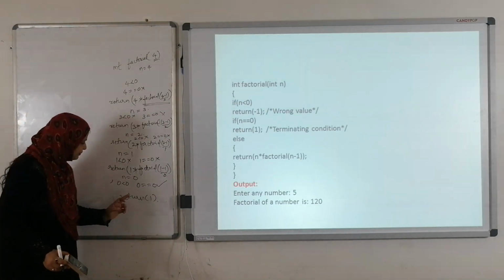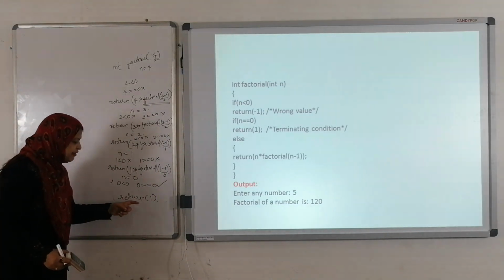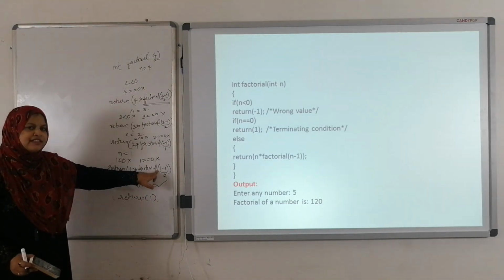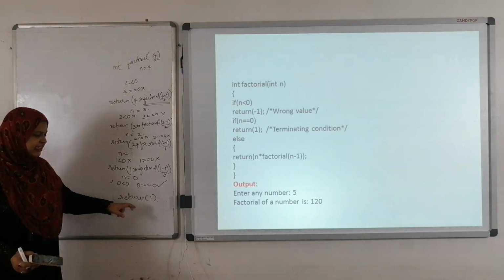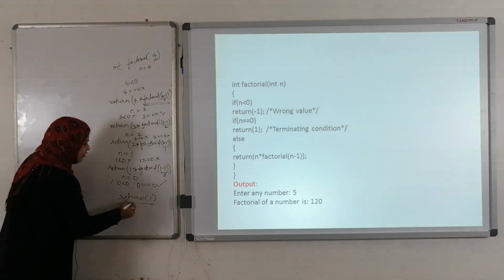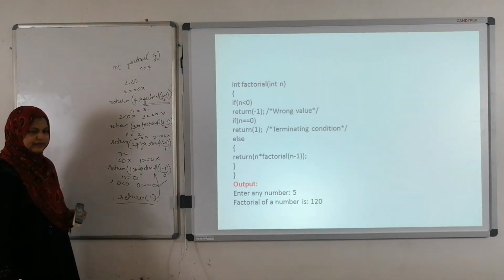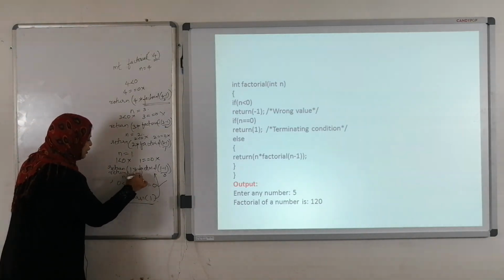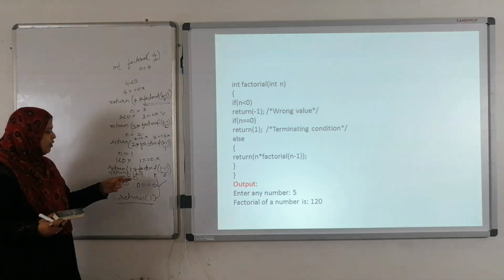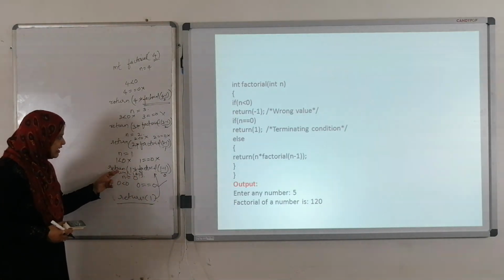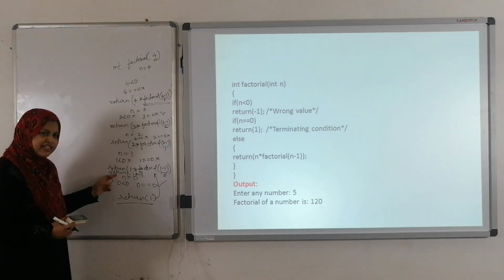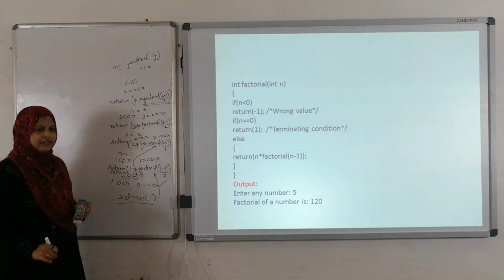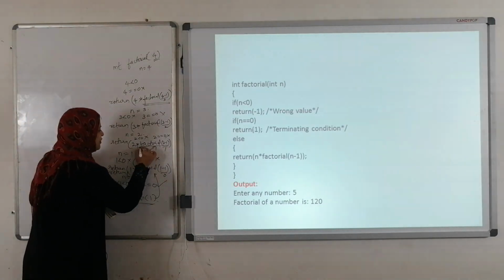Now, see here. For this one, factorial 1 minus 0, factorial 0 is the calling function for this return. So, I am going to return one value to this here. Right? Now, what is the value here? Return 1 into 1. For this return statement, which one is the calling function? This is the calling function.